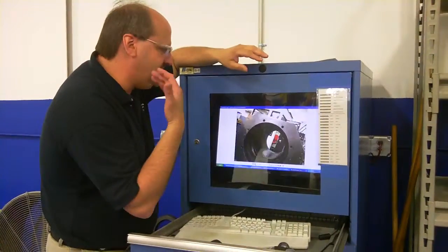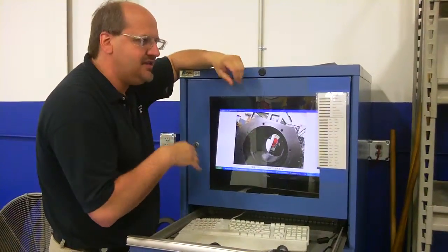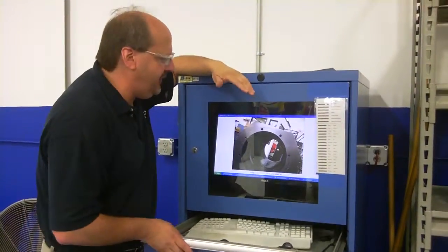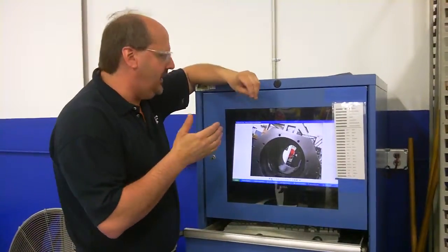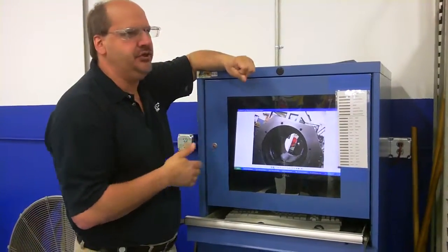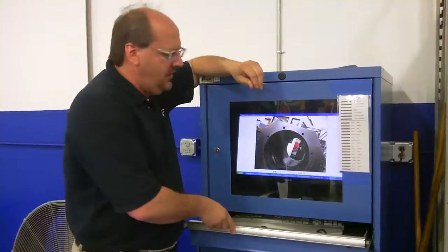So the pictures, like I say, every time we do a spindle, whether we've done it one time, we've done it 10 times, we take photos of it. This helps us give information and feedback back to the customer on why, maybe the spindles have failed and what they could possibly do to get increased life. Over here we